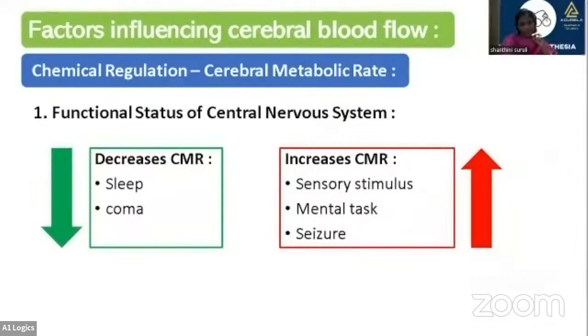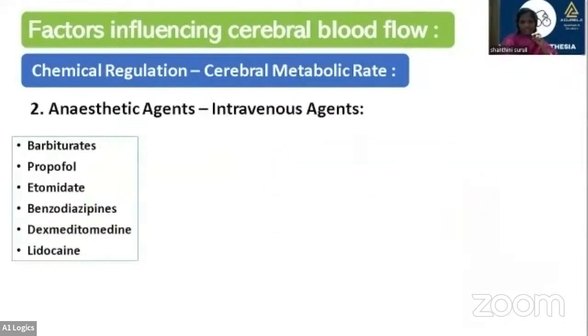So whenever a patient is sleeping or in coma, there is decreased cerebral metabolic rate and decreased cerebral blood flow. And whenever there is a sensory stimulus or mental task, or in case of seizure, the cerebral metabolic rate and the blood flow increase. Coming to anesthetic agents, IV agents such as barbiturates, propofol, etomidate, benzodiazepine, dexmedetomidine, and lidocaine, they all